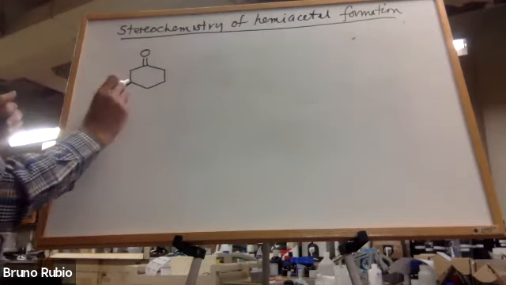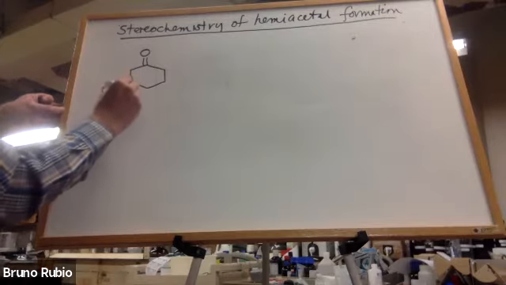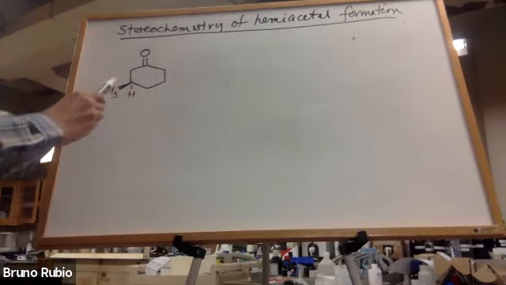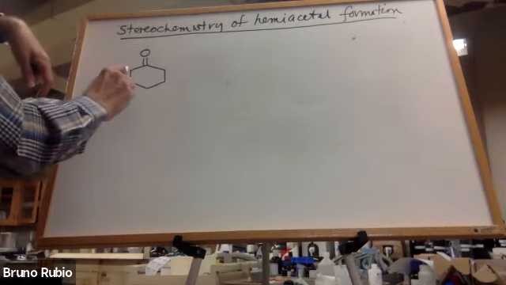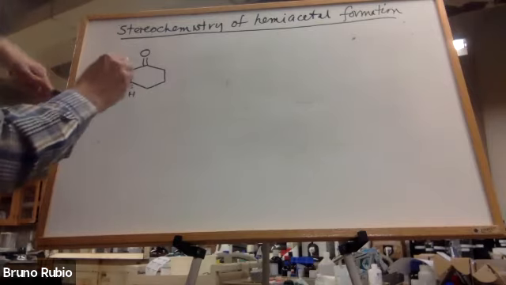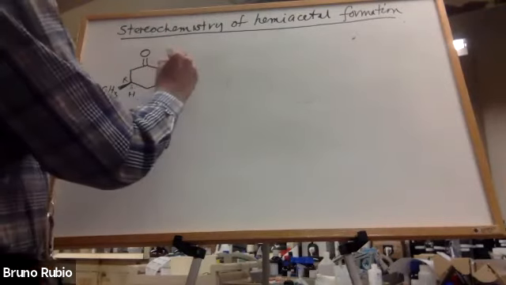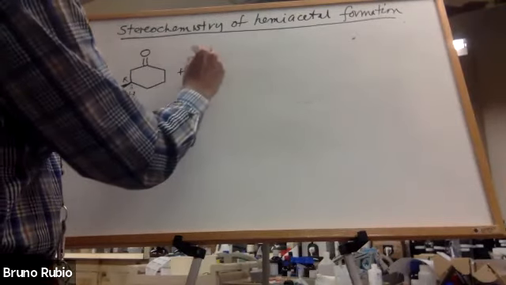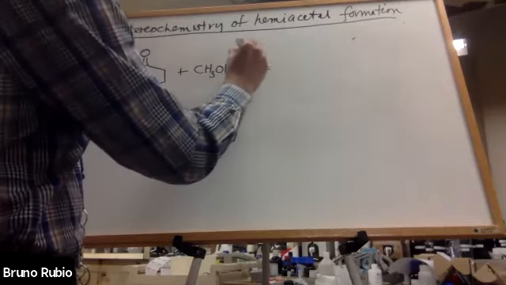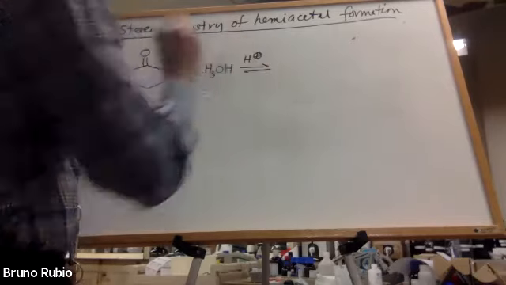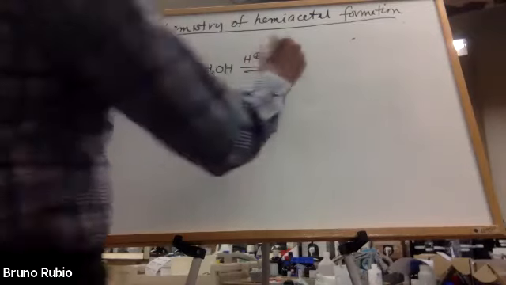All right, and that's a chirality center. There's hydrogen here. Let's see, what is its absolute configuration? This is going to be tied. This is going to win: 1, 2, 3. That's an R absolute configuration. And now let this react once again with methanol. The reaction is reversible. Let it happen under acidic conditions. It could also happen under basic conditions. We're going to get,